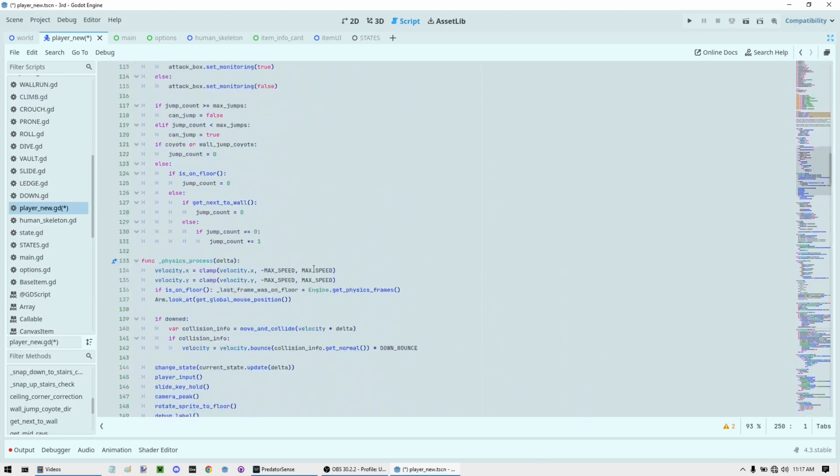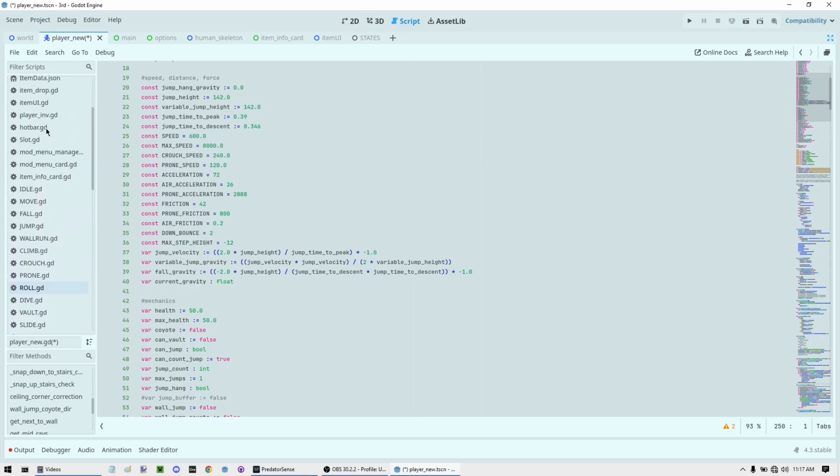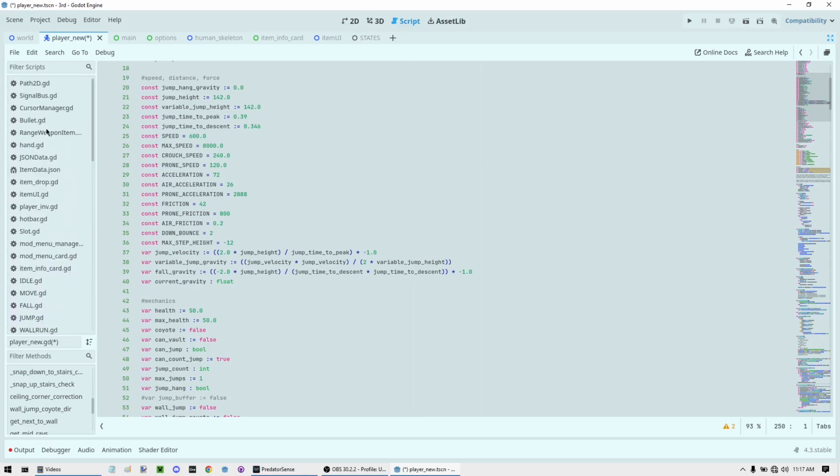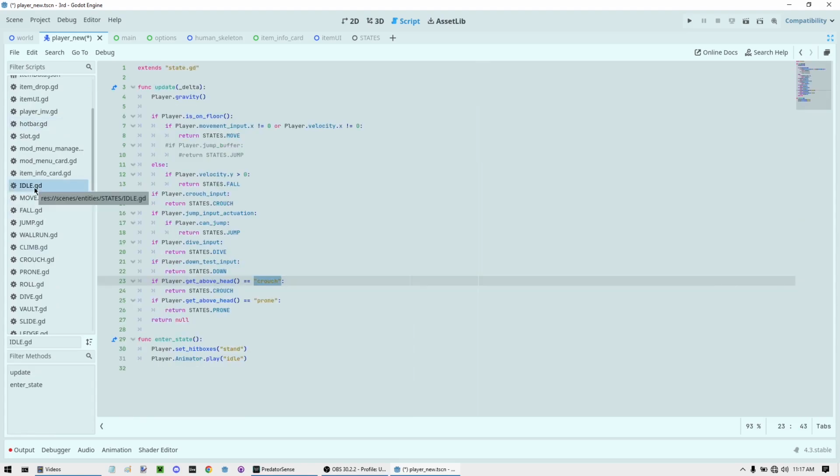So now let's move on to the actual states themselves. So let's go to the idle. This is the first state that you're going to be doing. You can copy all this down if you want. So just to clarify,